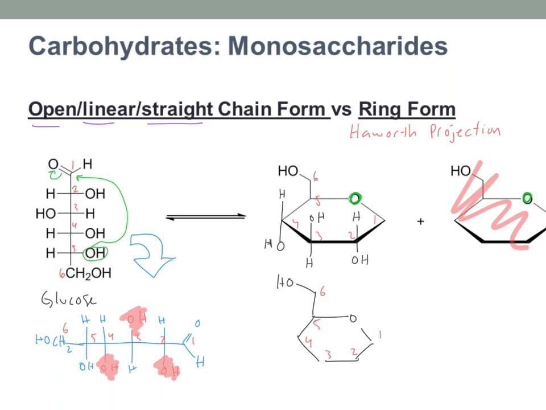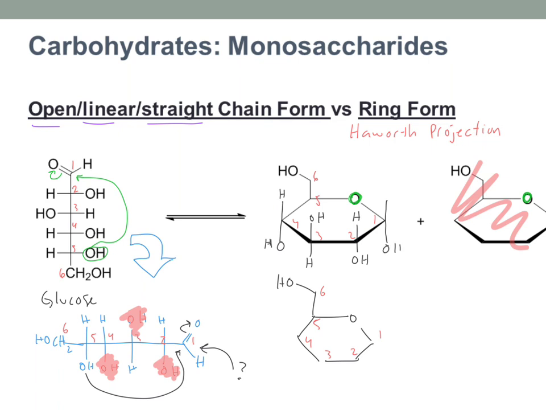And now what's kind of weird here is that on carbon number 1, I need to draw an OH either up or down. But the problem is, I don't have an OH here. Number 5 attacked number 1, and so there's no OH. The OH is neither up nor down. It's going to be one of those two. There's not definitely up or definitely down. And so you can draw it either way.